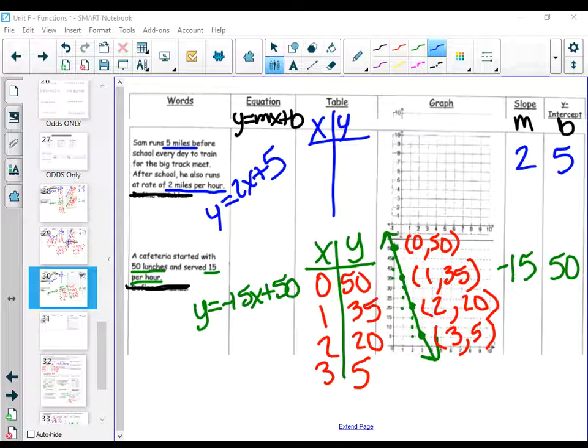Start at 5. Go up 2 over 1. Up 2 over 1 as many times as you can, which happens to only be 3 times on this graph. Draw a line. From here, you will fill in your table. Remember, you can go back, stop the video, pause it, rewatch it as many times as you need to. Your paper needs to be